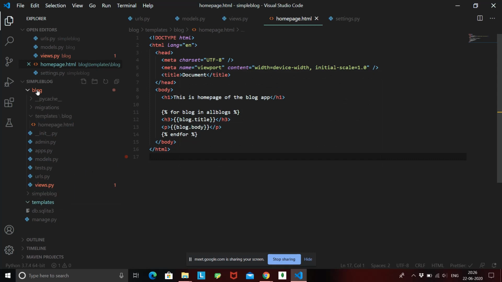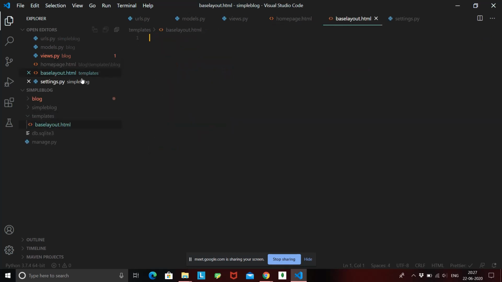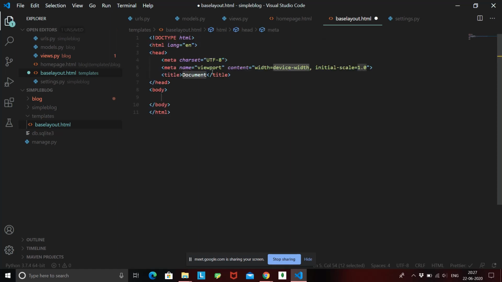So inside our base template, this is not inside the blog template, right? This is not a blog template file. This is the templates folder that is outside your app and outside your root app. Okay, this we have created, and here we had created this blog and home page and contact page. But now what I'm going to create over here is a base layout.html page.